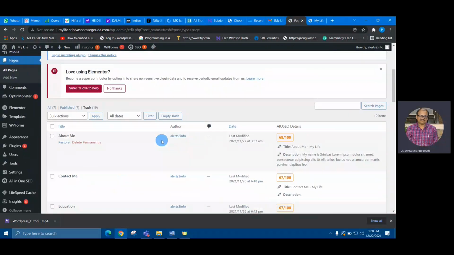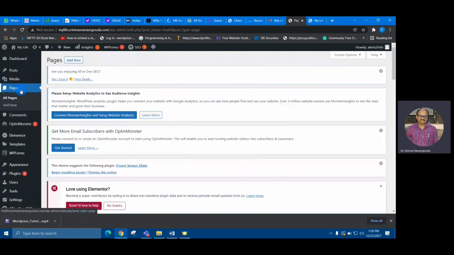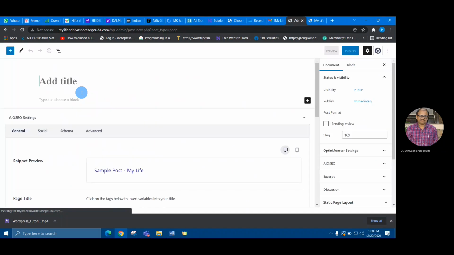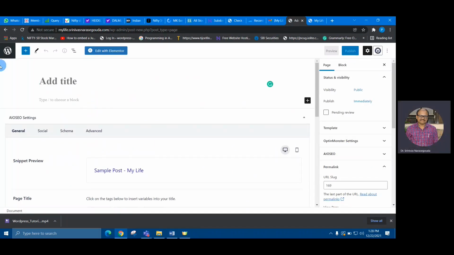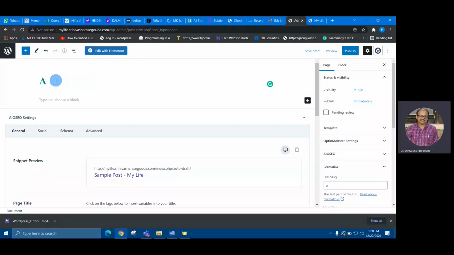Now I don't have any pages left, so I'm going to start from scratch. So go to pages and select add new. Here you're supposed to give the page title. Let's say I'll give about me. First I'll start with